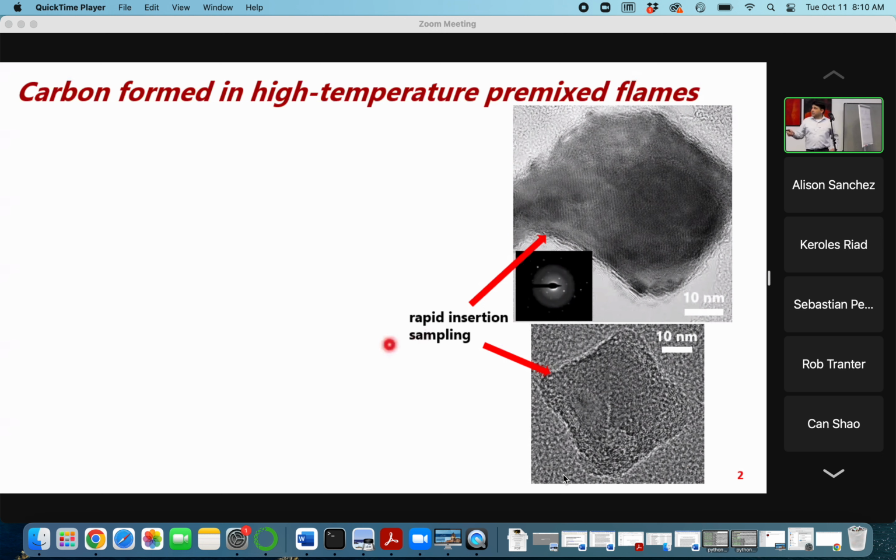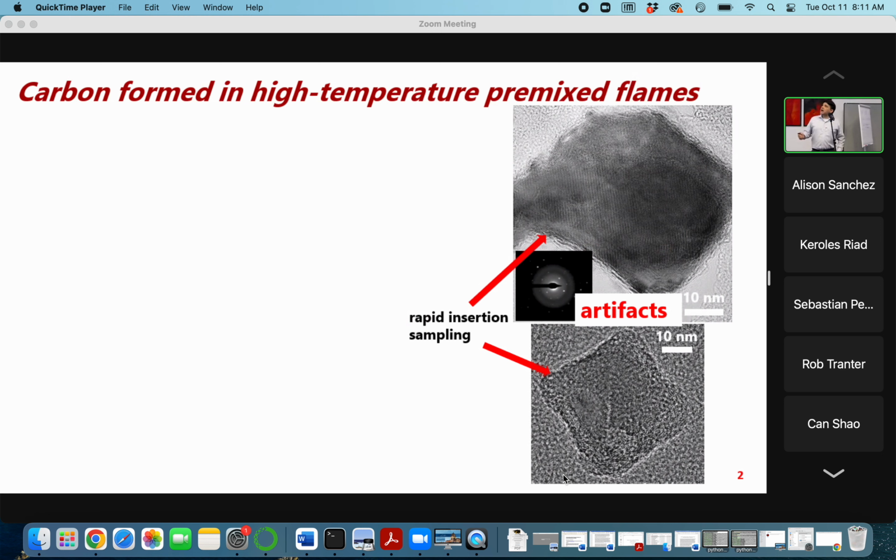And we started these experiments by rapidly inserting a TEM grid into the flame. And we saw these particles. Here's an example of just a very crystalline one with this nice electron diffraction pattern. And we even got some interesting shapes. This looks like a pyramid here. And we're very excited. And after some thinking, we're pretty sure that these are artifacts from sampling insertion into the